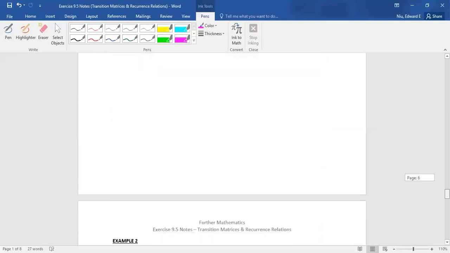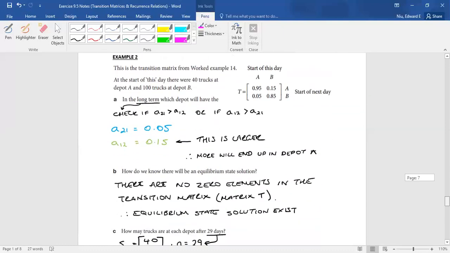We'll come back to the generic formulas, but let's take a look at the examples. I think this is probably the best way to learn. So using the same example from work example 14 in your textbook, we're still talking about trucks here. We're still using the same transition matrix. At the start of this day, there were 40 trucks and 100 trucks, which was consistent with what we had before. And this is still our S0. Part A of the question says, in the long term, which depot will have the